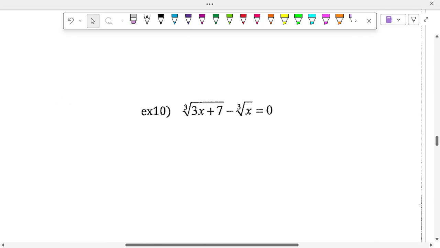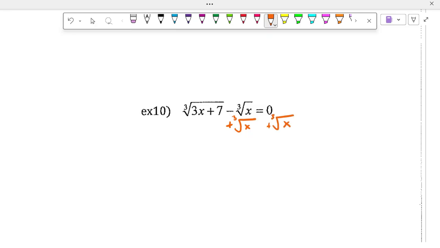Now, 10 is the one I want to do. So I have 2 cube roots on one side. So what do you think I'm going to have to do to one of the cube roots? Nope. I need to put one on the other side. So I need to add or subtract the other one to the other side. So which one do you think I should move? The cube root of x. So I'm going to add the cube root of x to the other side,